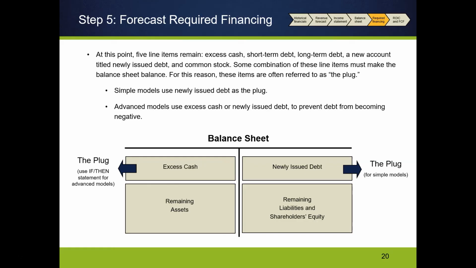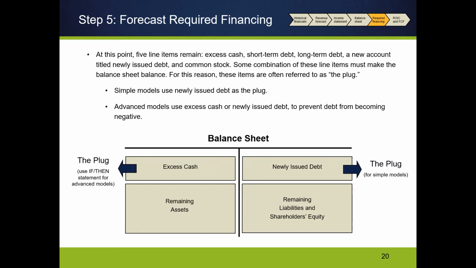The assets must have been paid for by the liabilities or equity, the financing from the liabilities or owner's equity. And if there's excess financing, then that has to go either back to the shareholders as dividends, or it has to go into the asset side. If you have extra cash, you need to put it into the firm's savings account. What balances the balance sheet are two new items on the balance sheet that we add that are called the plug. So the plug on the asset side is what we call excess cash.